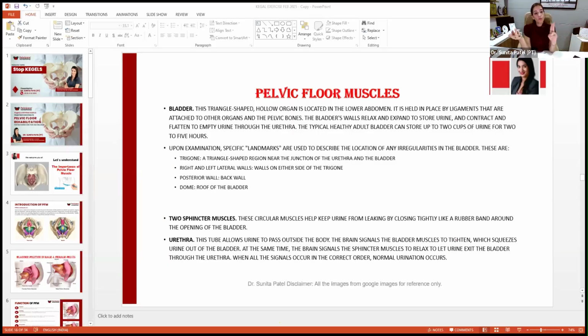So for this, 1 plus, 2 plus, 3 plus, 4 plus, 5 plus, you can use the MMT scale, the Oxford MMT, the modified Oxford MMT, or you can use my scale also. My scale is more clear and detailed. It will give you more understanding.